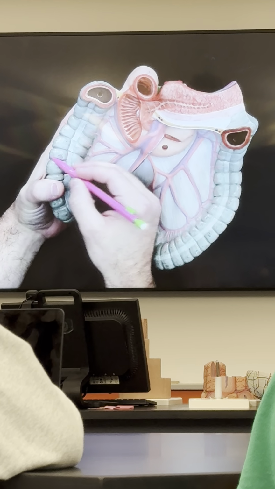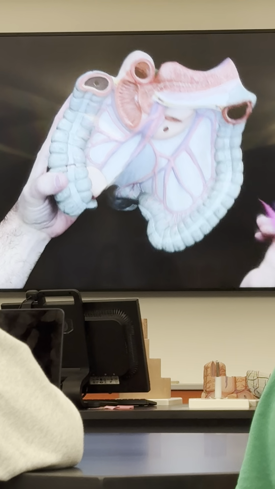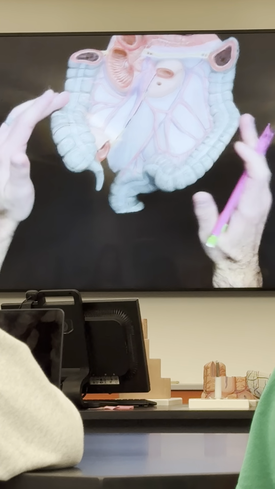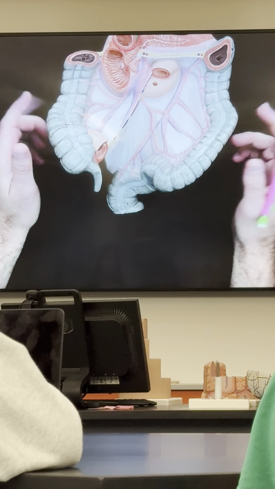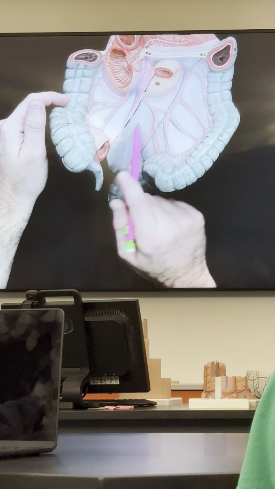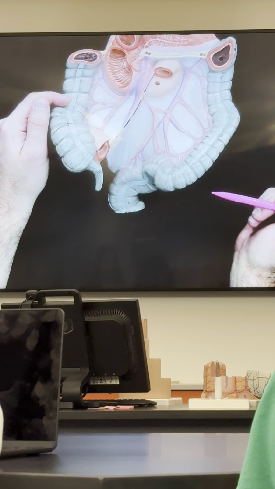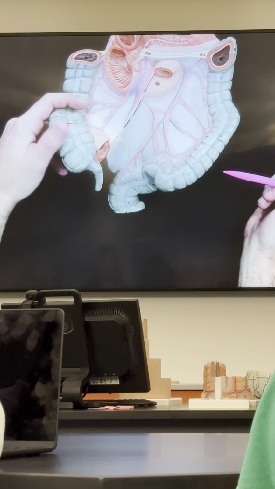So that is a haustra, and that's a taeniae coli. What's not on here are little fat things called omental appendages. They're not present. This is your mesentery.